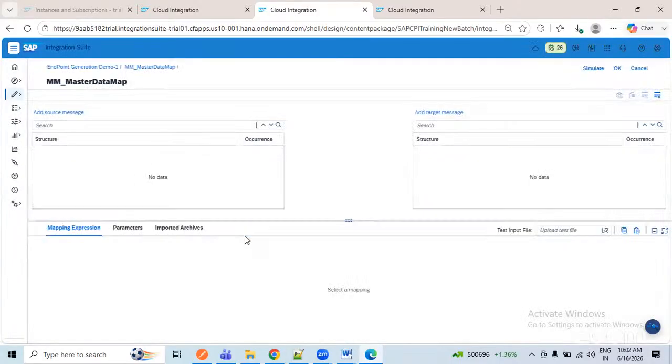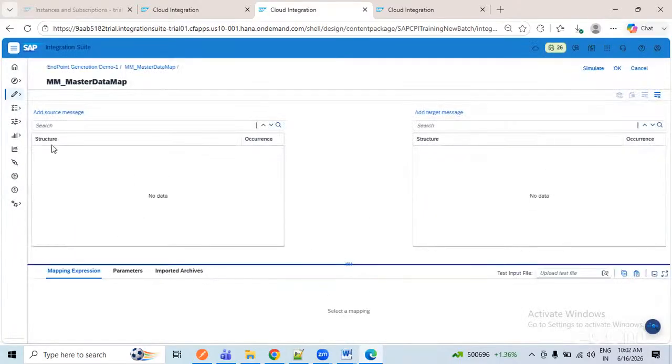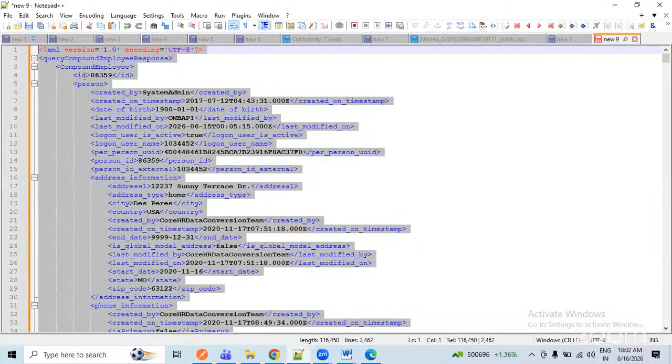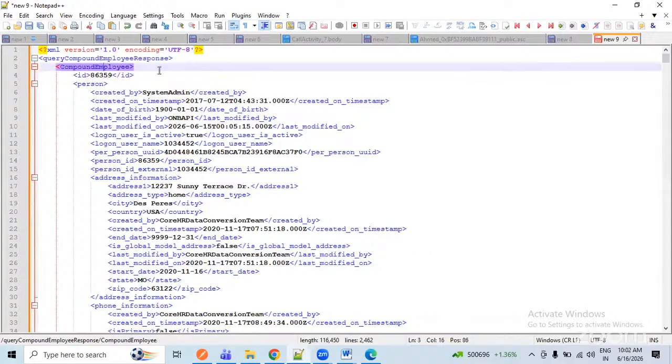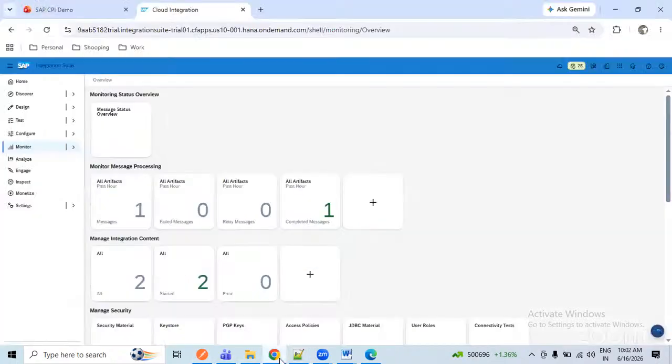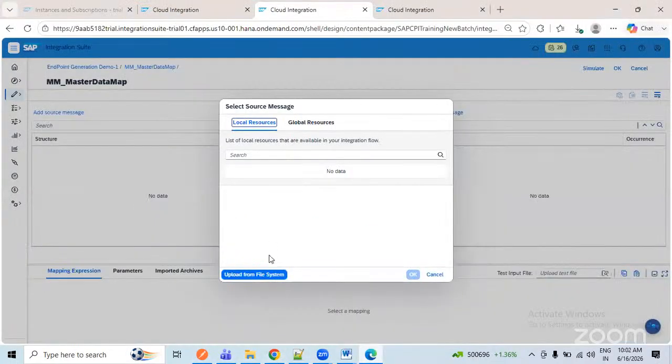Once you click on create, you will see these two: add source message and add target message. For the source message, since you are getting the data in this structure, we need to create the XSD in this structure only. What XSD is and all that, we will cover in our upcoming sessions. Since I have already created,